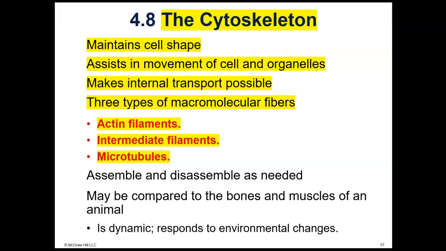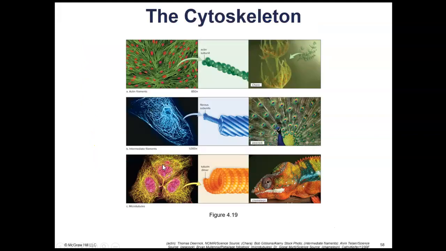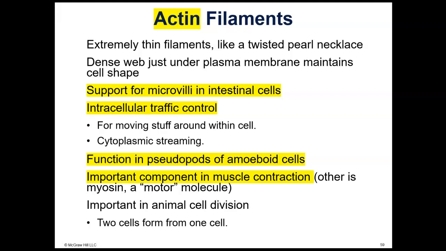And then the last thing I want to go over with you is the cytoskeleton. The cytoskeleton maintains, and it's not made of bones, it's made of protein fibers, but it maintains the cell shape. It assists in movement of the cell and organelles, makes internal transport possible, and it has three basic fibers: actin filaments, intermediate filaments, and microtubules. So actin filaments, you may have heard of actin and